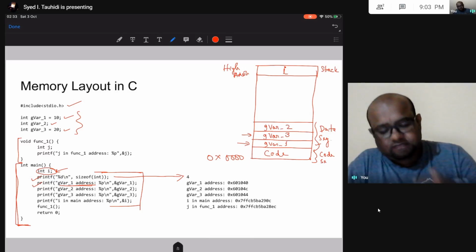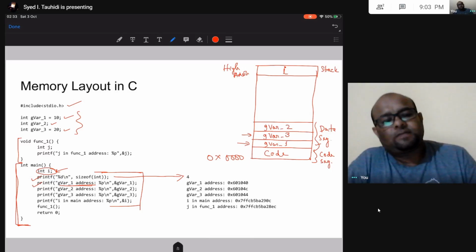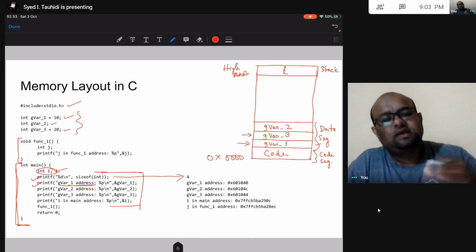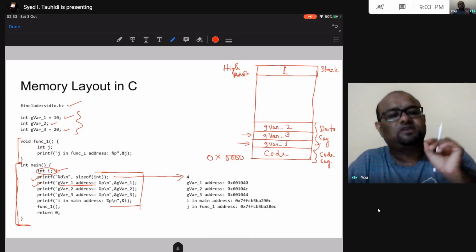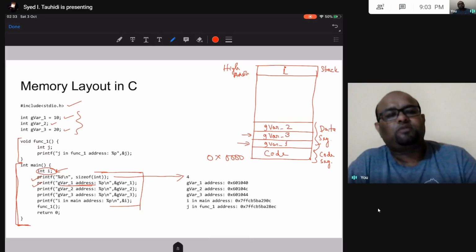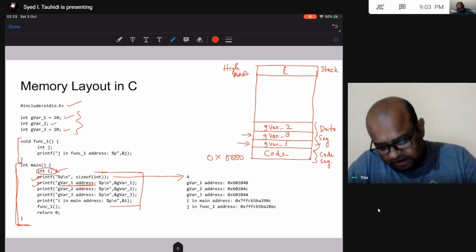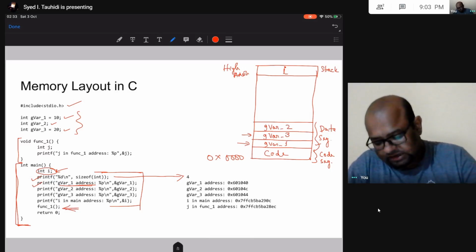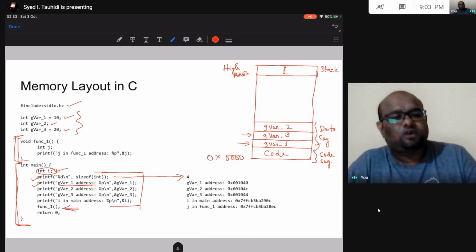So in my stack, the first function that I have called is main. So in my main function, I have this one local variable I, and that is allocated this memory on the stack. After that, what I have done here is I have called the function 1. Okay, this is function 1, and I have called this function.